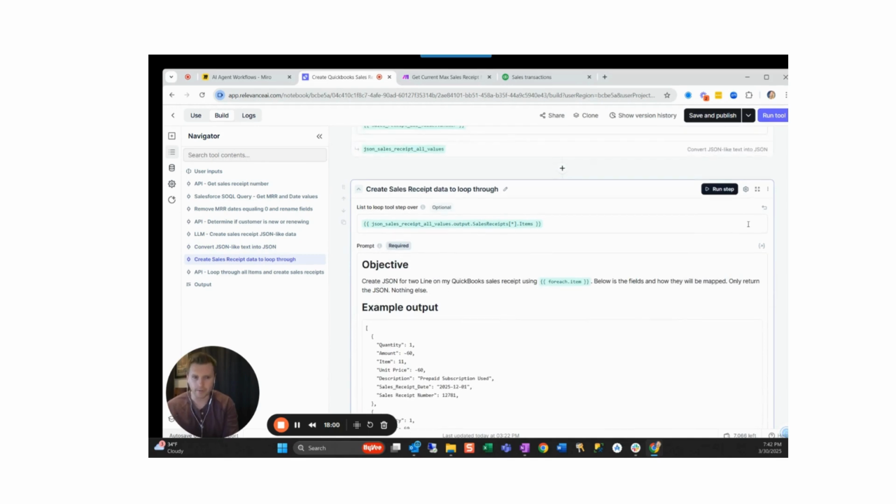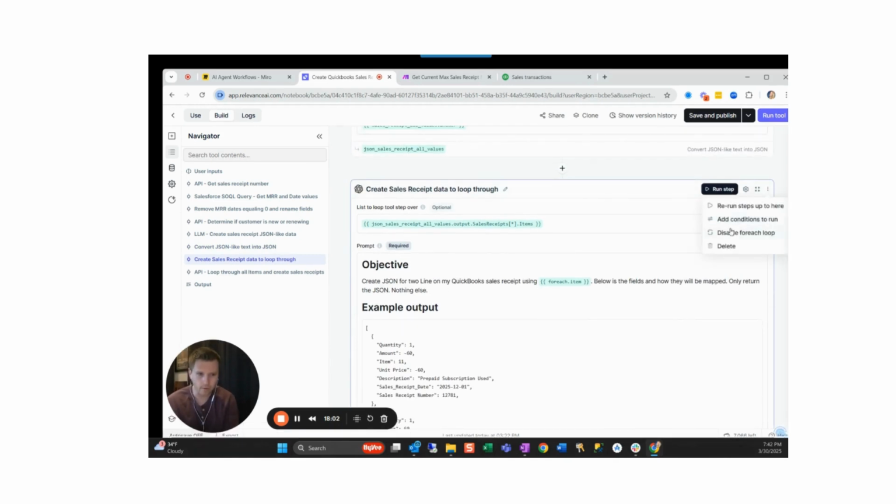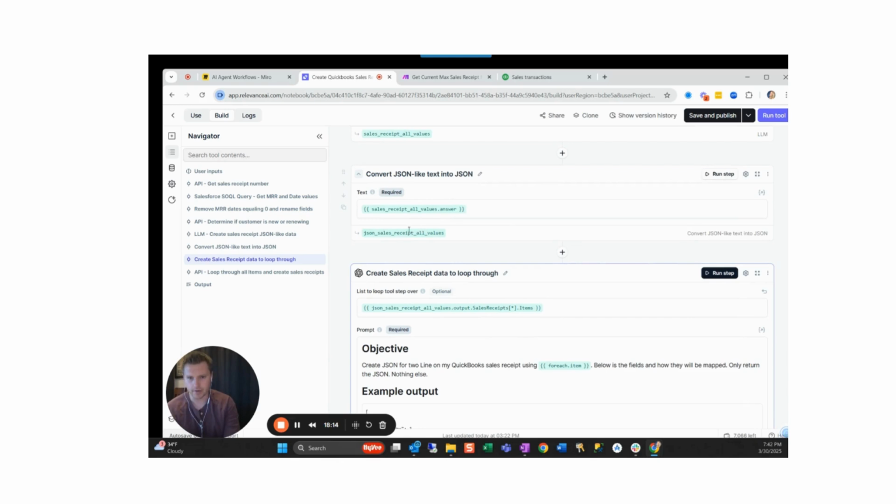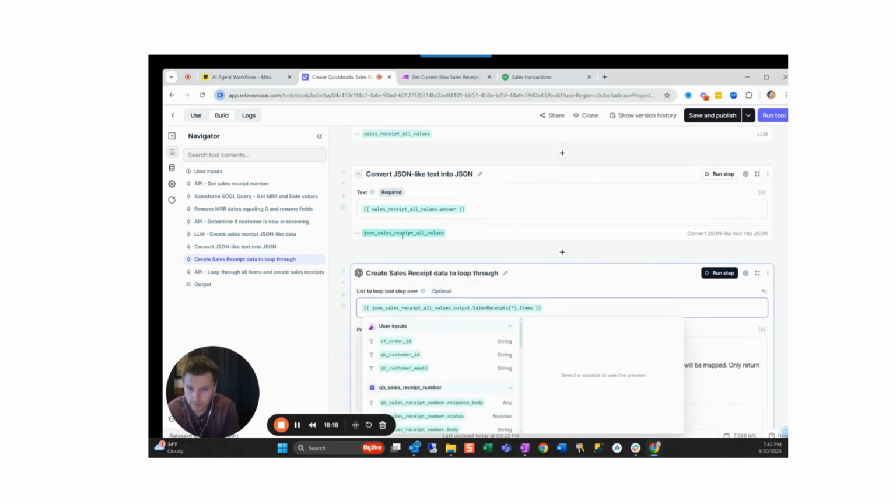So what's happening here is we're taking this JSON that we just created, and we are making a looping function, which you can do right up here in Relevance AI. So you can make this says disable the for each. I have it listed here. Obviously, we have the for each loop going on, but it's going to take these values that came from this step, which we see right here. We see the JSON sales receipts all values output, and we want all of the